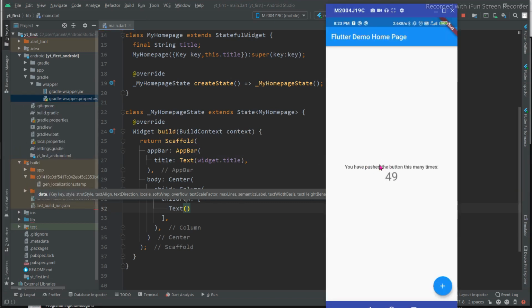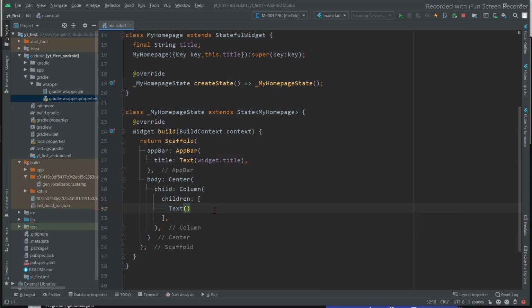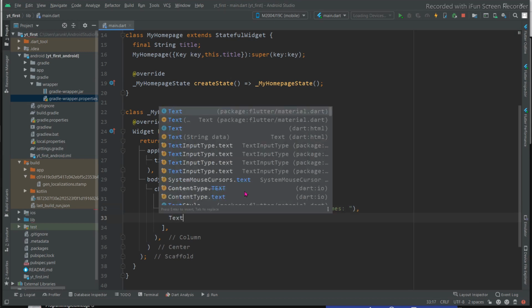So we need to take two Texts in a vertical Column. Now in the second Text we will put the counter value.